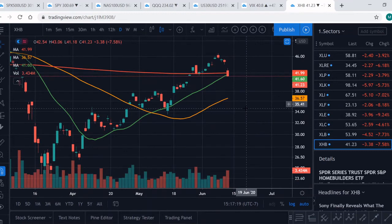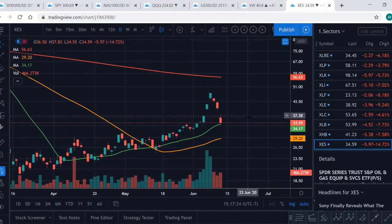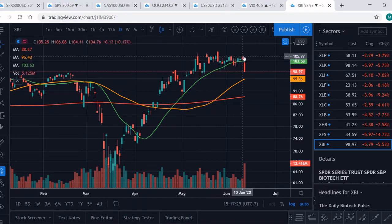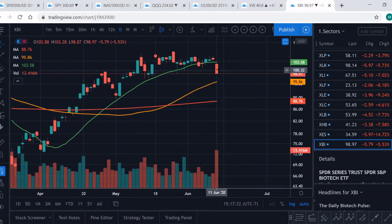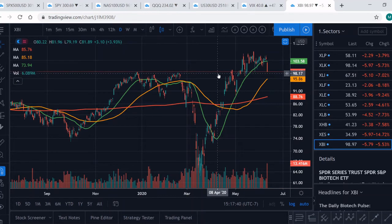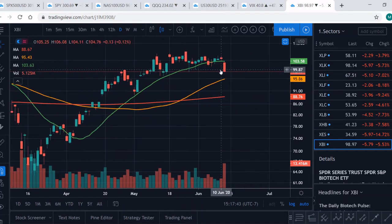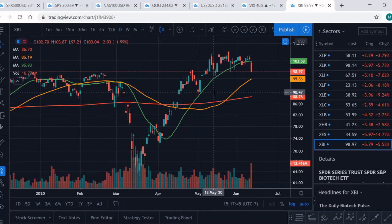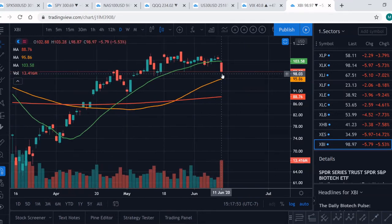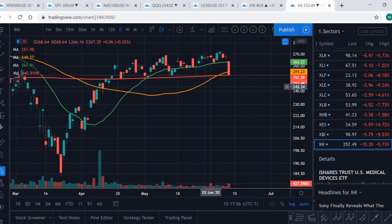Home builders, right on support. Same thing for oil and gas. There's biotech. Look at that big rounding top. Now there's a breakdown with big volume. This is the one I'm watching right now for a good entry. And the bigger the top, the bigger the drop, as they say. So this is why I'm so interested in this one. And there's going to be a lot of talk because there was so much hype around the whole, you know what, during March that caused a big drop. Here's medical device,